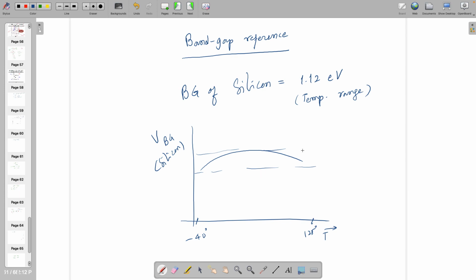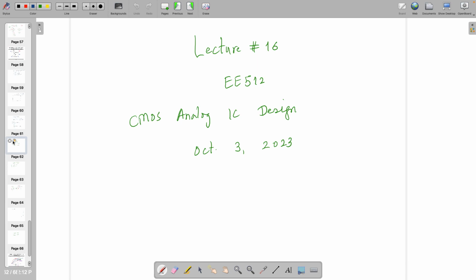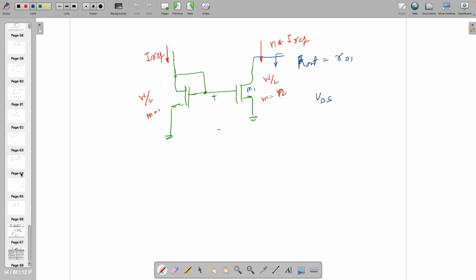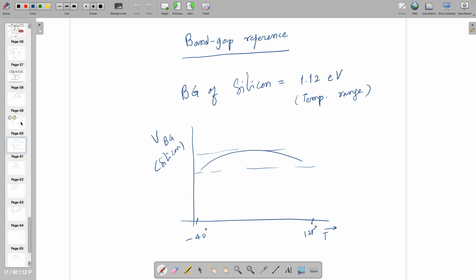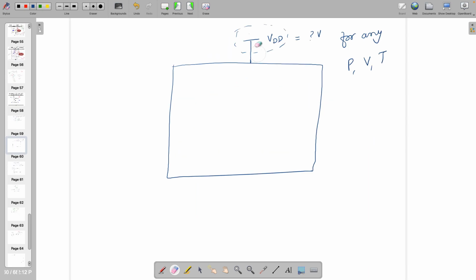So this band gap reference circuit is the one which makes sure that wherever VDD is required, let's say this particular place, you are going to have the band gap reference, right? But the band gap reference alone with respect to temperature may not be able to drive the circuit over here,